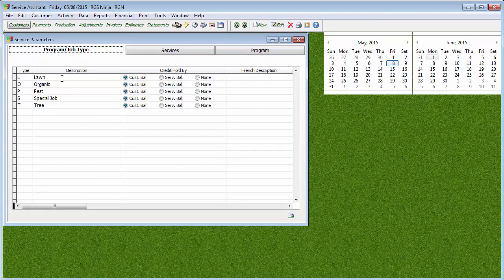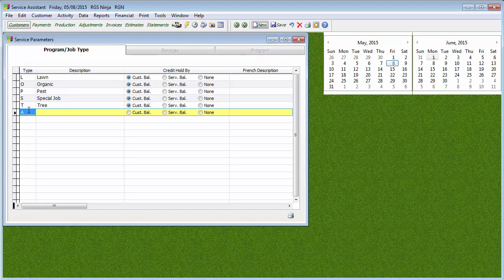Okay, so you can have your lawn care and tree and shrub. Maybe do some sort of organic program or pest program. Again, you can create new types and then set those programs up with that type. And again, as always, you just hit new. It's going to give you the next letter in the alphabet, or the next letter that's available. You can keep the one there, or you can just create a new one, or change it to whatever letter